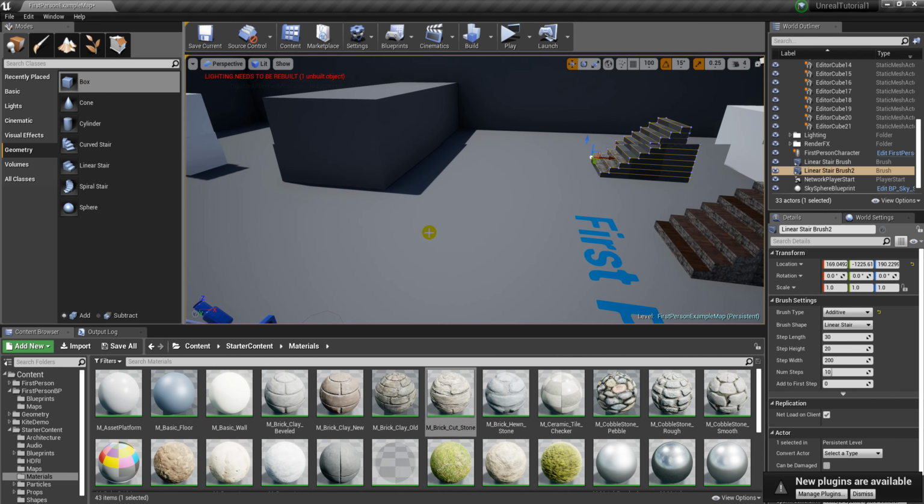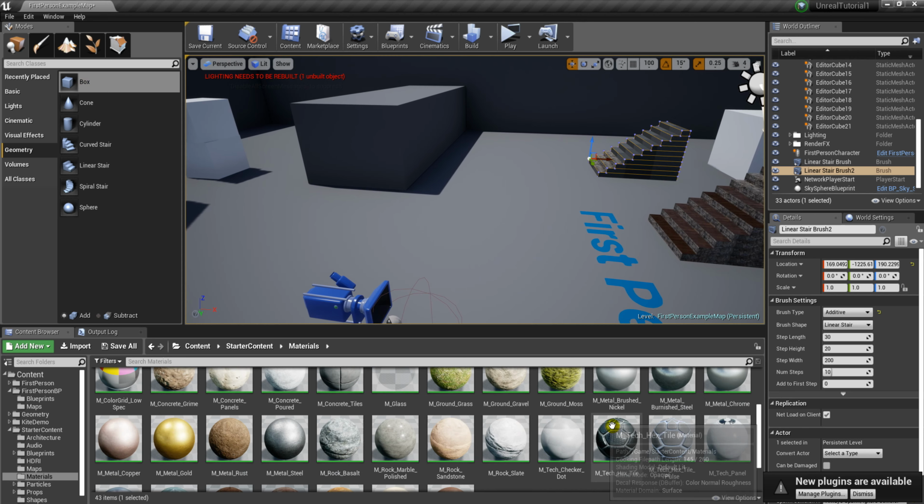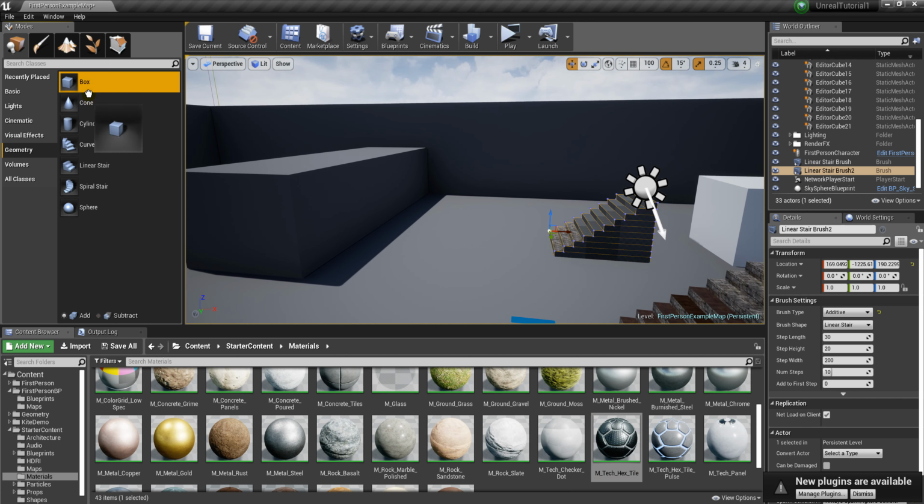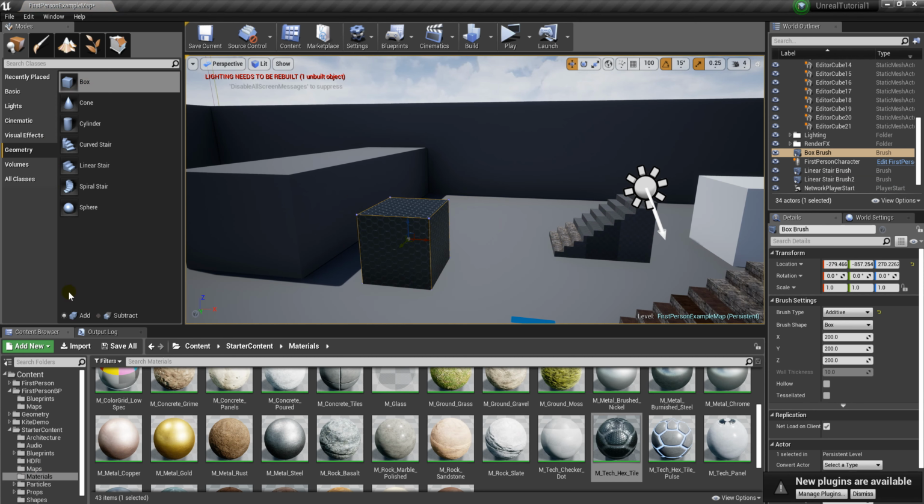Let's do a box. We'll do just some kind of high-tech material. And this is all in the starter content under materials. So if I drag in a box, that's fine. You can see here it says add. I can also subtract. So what that means is if I click subtract and I want to, let's say, put a cylinder in here,